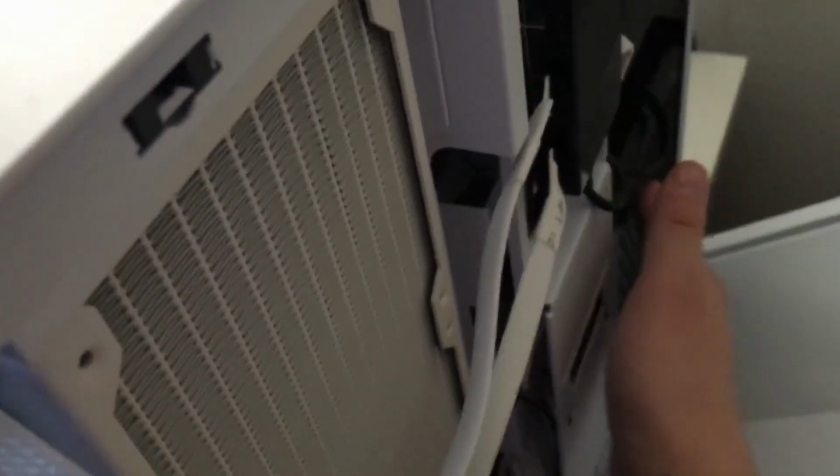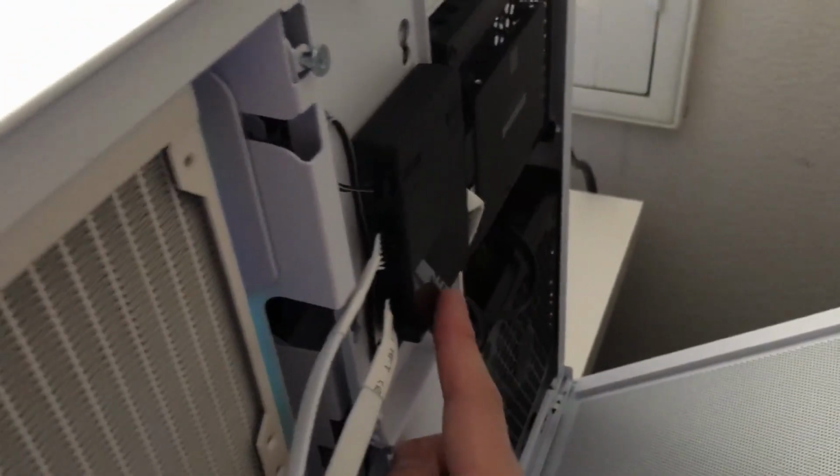So I had to put the power supply in, then plug in the cables, and that alone took, I don't know, half an hour. I tried to squeeze as much of the cables in there as I could. Obviously I got my controller unit for the fans and the RGB up here. Then I had to tuck some of the cables in this middle portion, the top portion, and this middle portion right here. I'm not sure if you can see it. If I get a little bit lower, yeah, right there. Had to tuck the cables in between